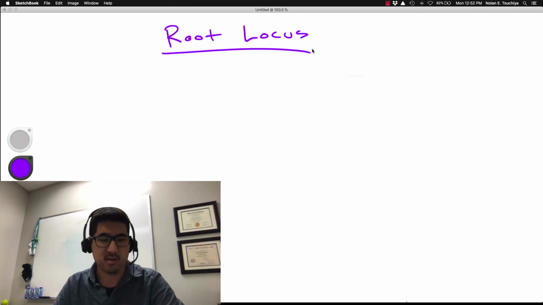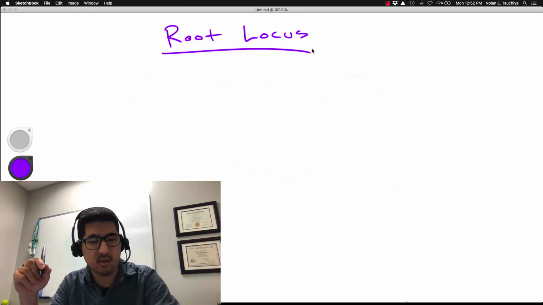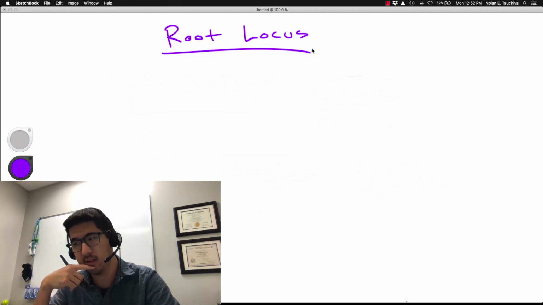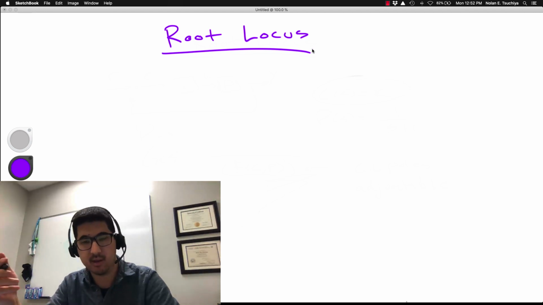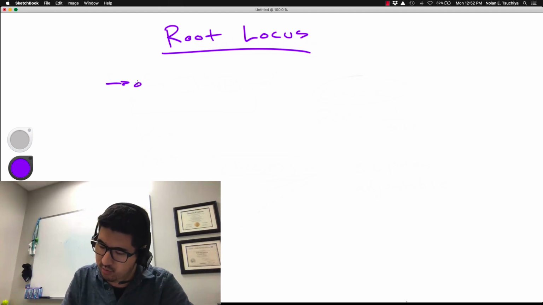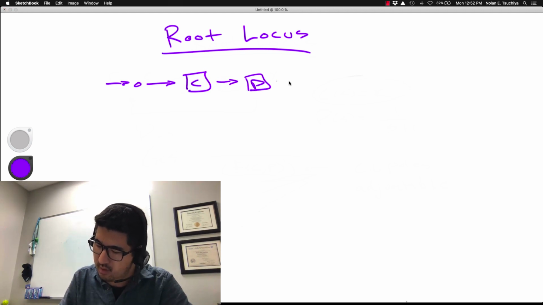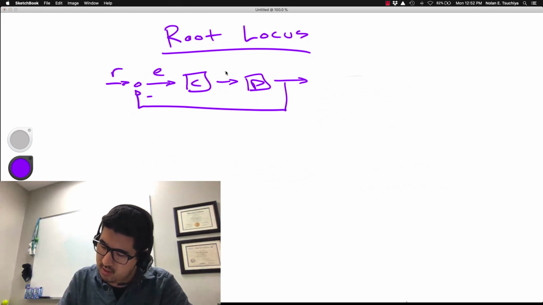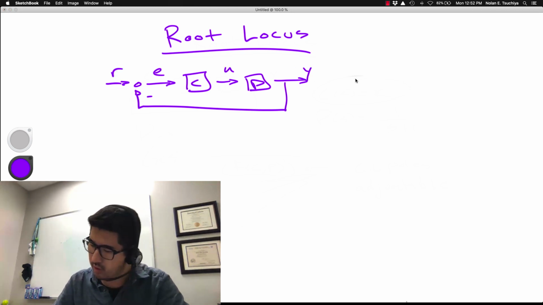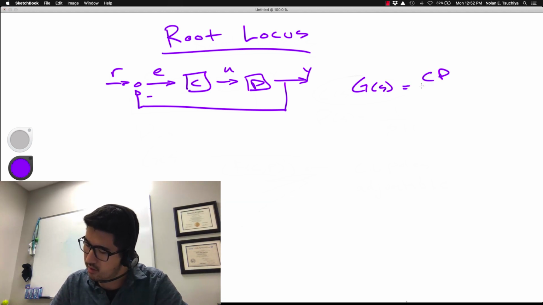All right, so the topic for today is the root locus. The idea behind the root locus is basically you've got some controller and a plant in a feedback structure, like we've been talking about all semester, like so. And the idea, of course, is when you compute the closed loop transfer function, that is the transfer function from